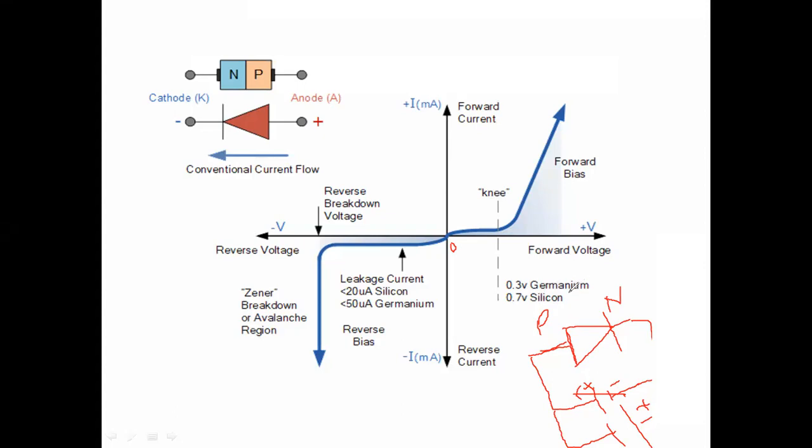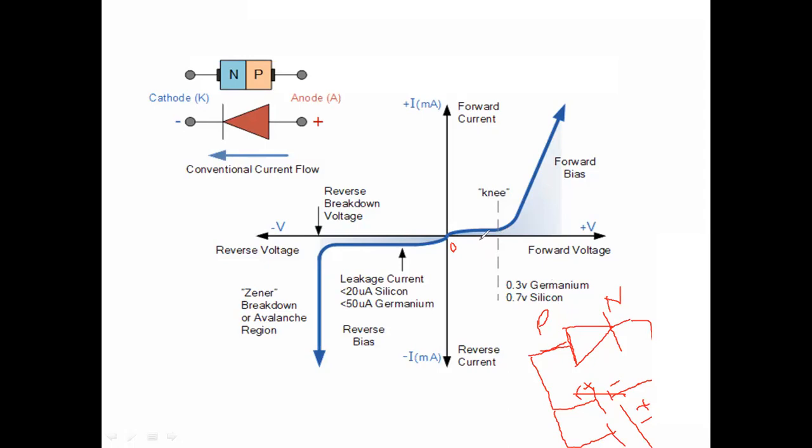Suppose we add impurities to the pure germanium semiconductor, then it becomes a germanium p-n junction diode. If we add impurities to the pure silicon material, forming p and n type materials and combining them, it is called a silicon p-n junction diode. For the germanium p-n junction diode, it is 0.3 volts.